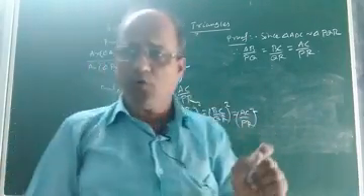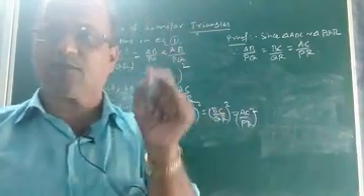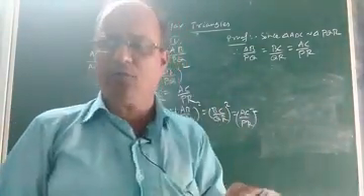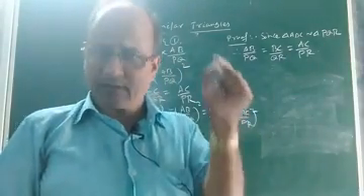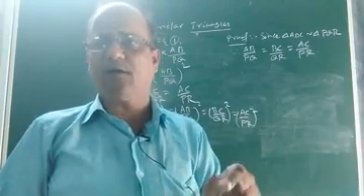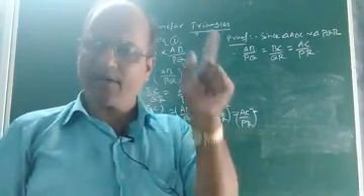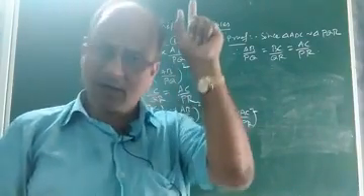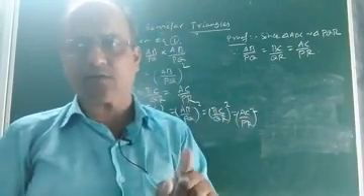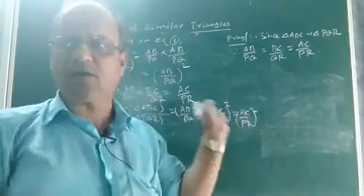If you understood how to prove that the ratio of areas of two similar triangles is equal to the ratio of the squares of their corresponding sides, then following a similar procedure you can easily prove that the ratio of areas of two similar triangles is also equal to the ratio of the squares of corresponding medians, the ratio of squares of corresponding altitudes, and the ratio of squares of corresponding angle bisectors. So children, this is a very important truth, and mostly this theorem comes in the exam.